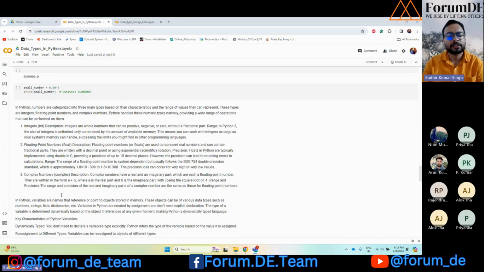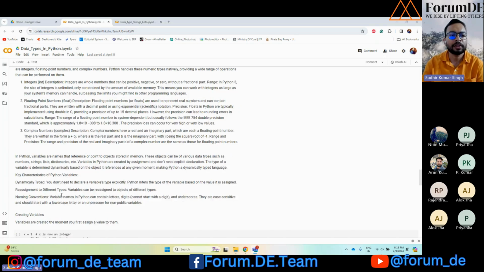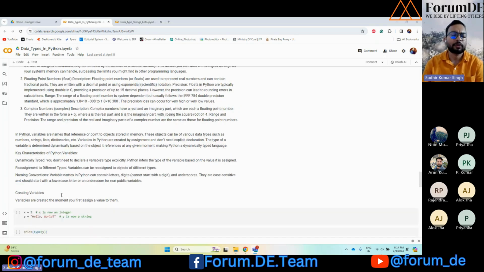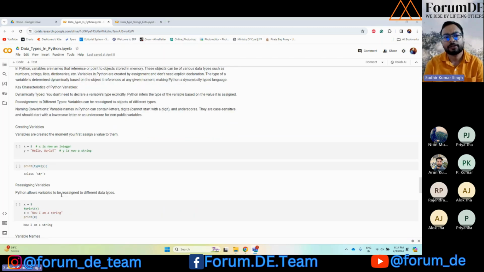Then we moved on to discuss integers. We studied what are integers, what are floating point numbers, and what are complex numbers, although we'll not be dealing with complex numbers that much in this course. Then we understood what are variables, how variables store values, and how to check the type